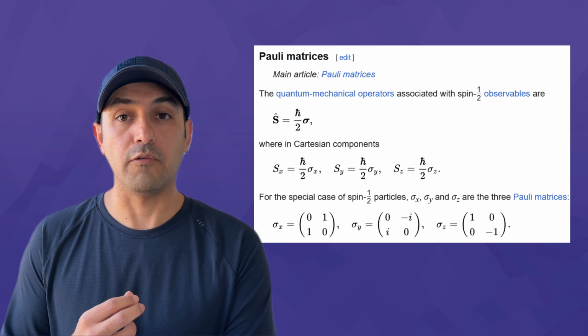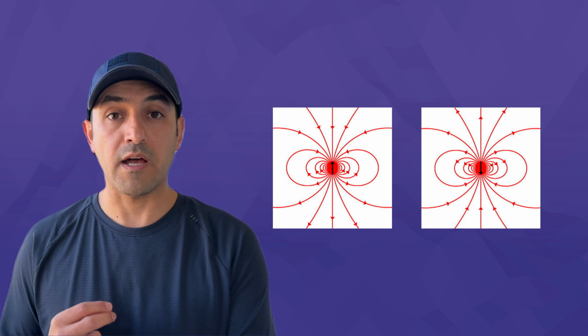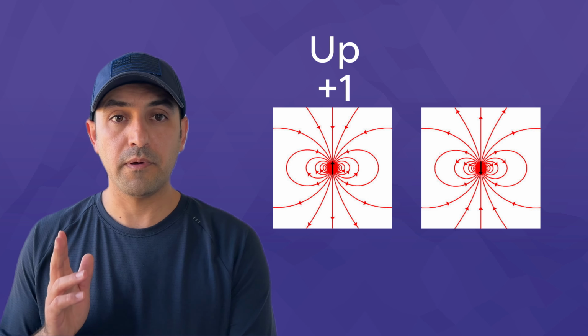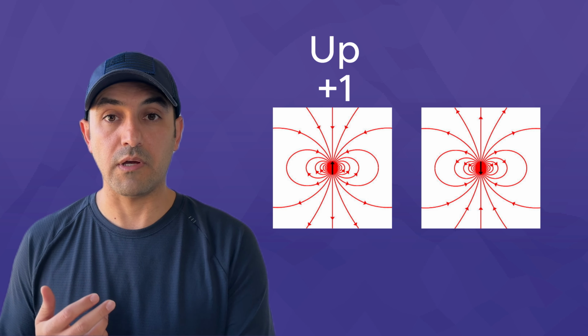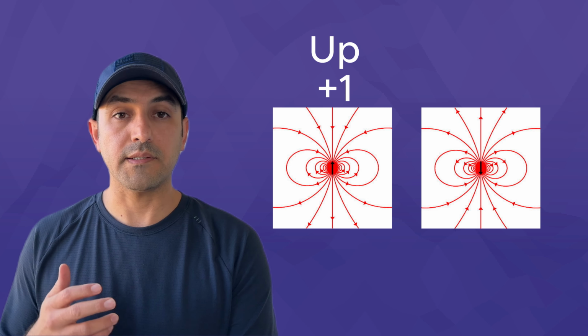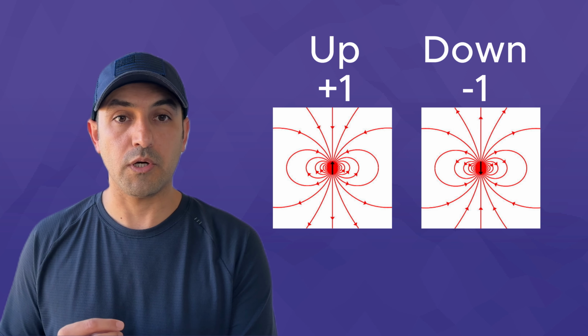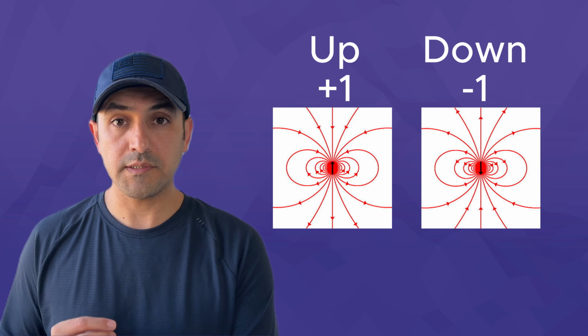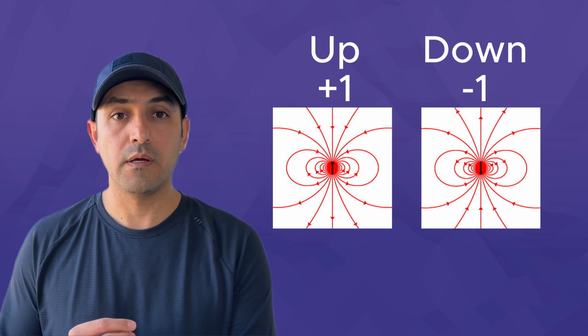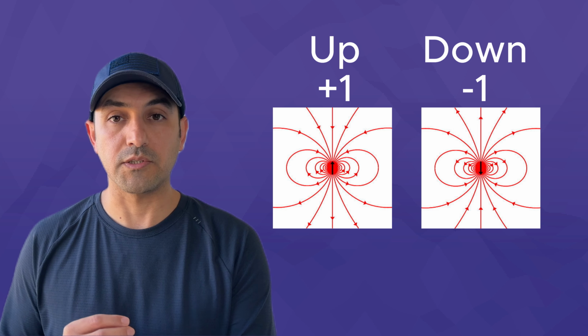This magnetic behavior suggested a new type of angular momentum, so physicists introduced spin as a fundamental property of particles. Electrons and most other elementary particles have only two possible spin orientations, which we call spin up and represent by a numeric value of +1, and spin down, which we represent by a numeric value of -1. This discreteness in values of the spin originates from its quantum nature.